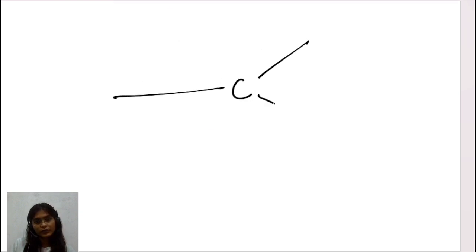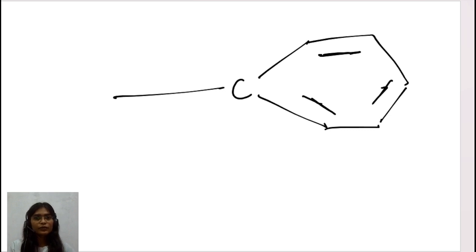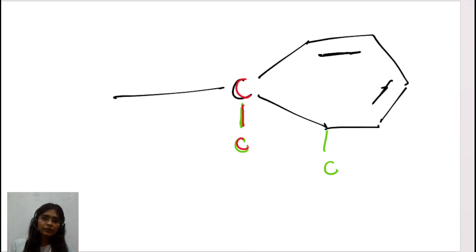This is the carbon. This is the phenyl ring. So you can say double bond, and double bond. Remember the rule of duplicacy. If you remove this bond, with respect to this, the carbon is connected here, carbon connected here. Next, this carbon we are talking about is connected with carbon, and if you move this side, this is also carbon, right? This is also carbon. And if you move further, this is also carbon. So total three carbons: one carbon, two carbon, and three carbon. Is this point clear, how there are three carbons?